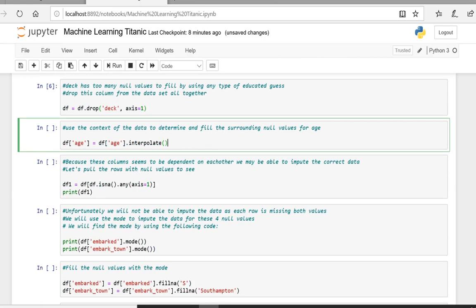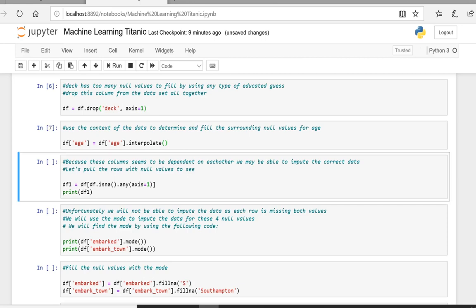Okay, age. Age had 177 missing values. What we're going to do is use pandas interpolate, and that is going to use the context clues from within the data set and use the surrounding data to impute some data there. It's not going to change our min or max. Actually, it shouldn't. I've done this a number of times, and it has not changed the min or max, and it's only changed the average just by a little bit, which we would expect it to do. But it's not going to make any crazy